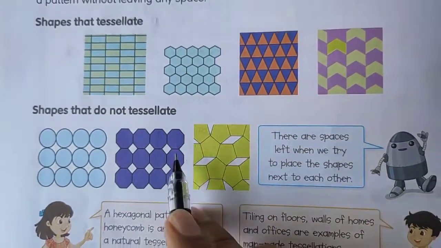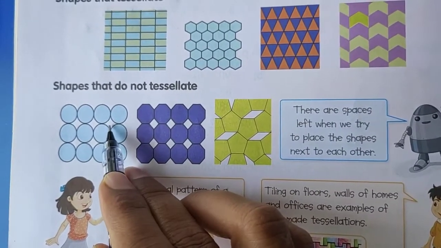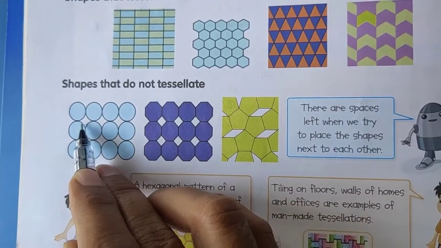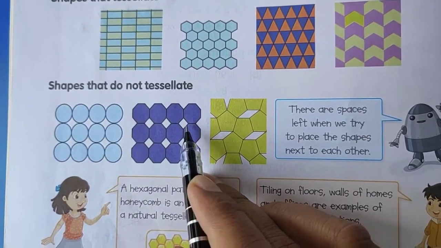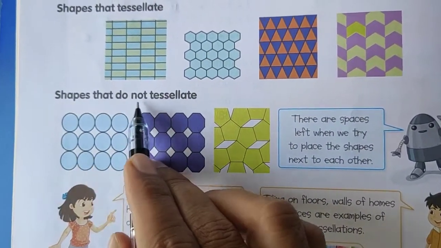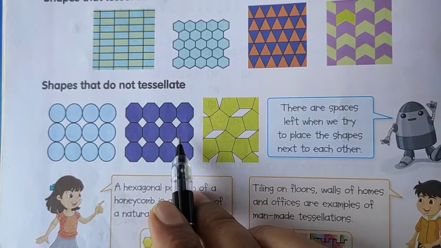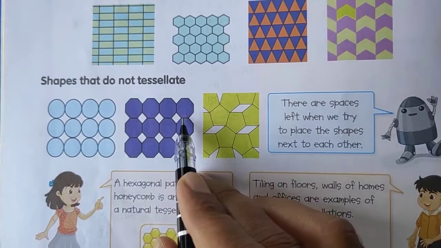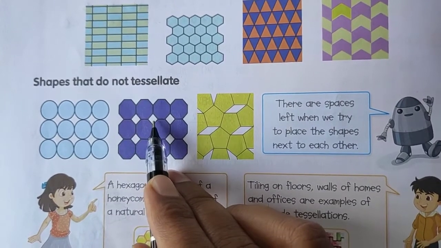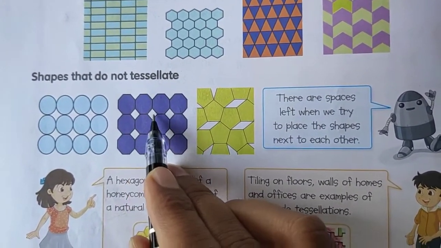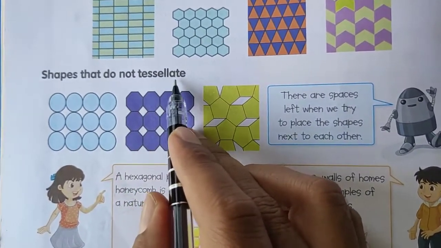And now opposite of this, here also see different objects or different shapes are there, but if you see here some gap is there in between them. Here also, yes, some gap is there. So whenever some space is remaining, we say shapes that do not tessellate, meaning these shapes do not follow tessellation. Why? Because we can arrange them, but here we must not keep any gap in between. But here see some gaps are there. Okay, so we say these shapes do not follow tessellation, or they do not tessellate.